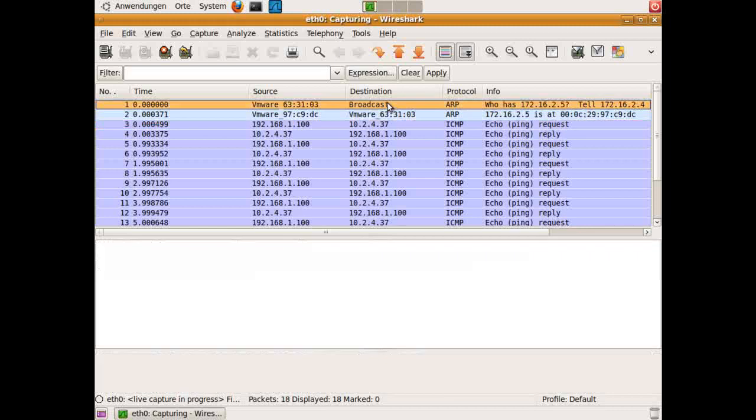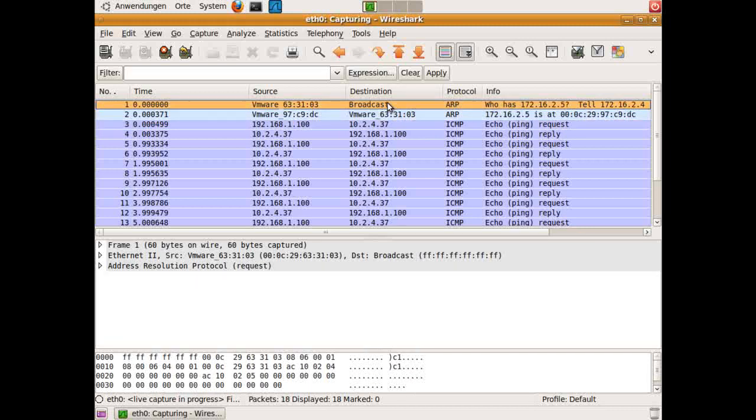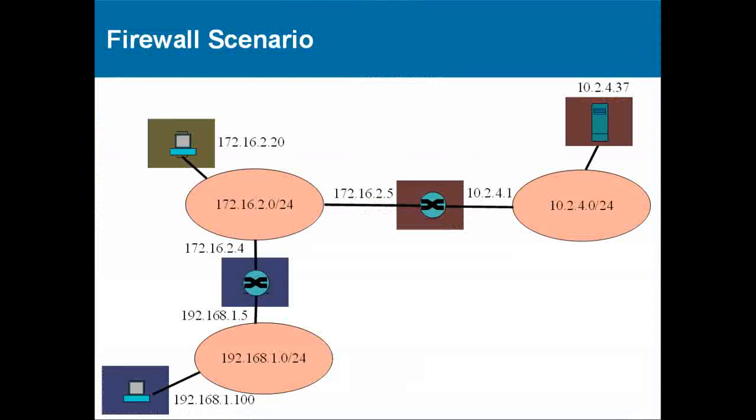What you see before here is the ARP request of 172.16.24 for the address of 172.16.25. So basically that's of course the router in the 192 network asking for the MAC address of the router in the 10 network. So going back to this picture, ARP request from here for the MAC of this machine. Obviously that's necessary because there was no traffic before,